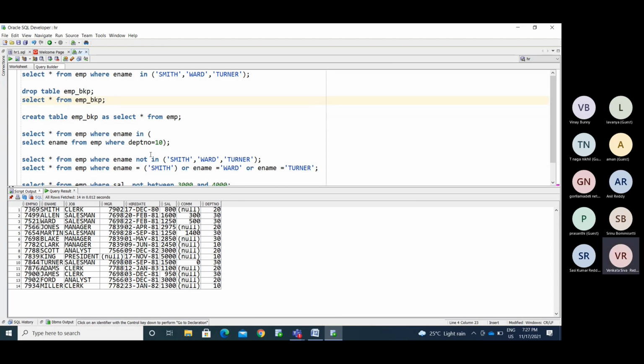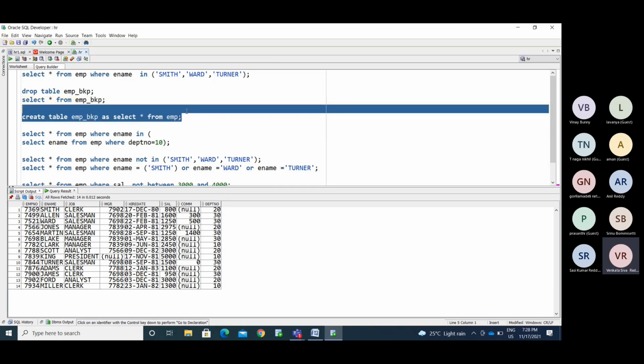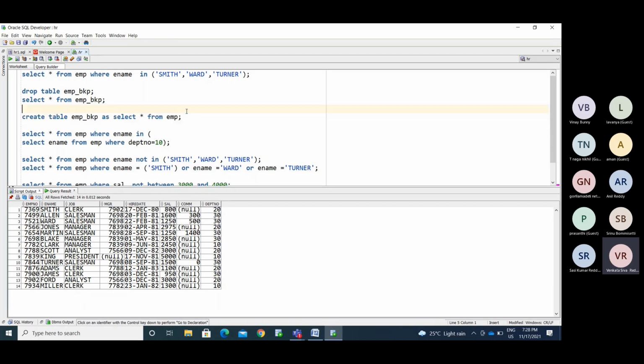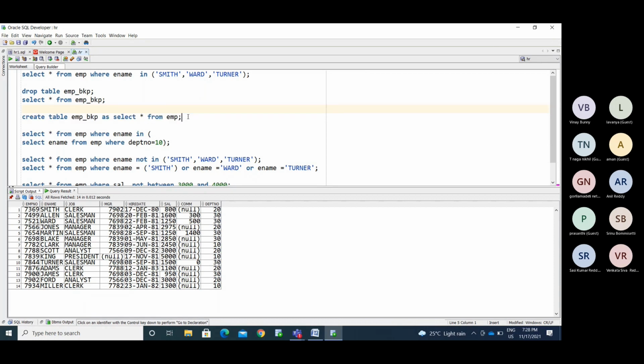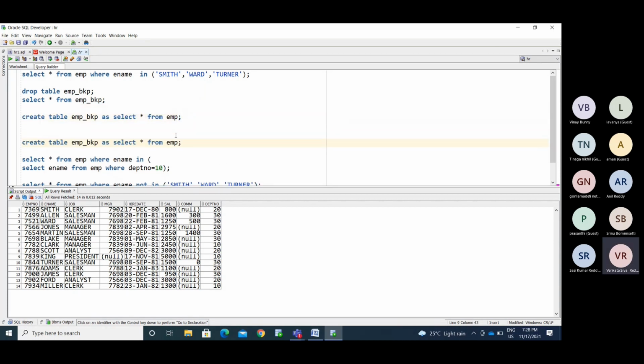If I want to copy the structure, we have the create table statement, right? Create table, table name, column name, data type, and so on. We can copy that simply using this. If we want to copy from one table to another with the data and the structure, or I need only the table creation, or I need only the data.